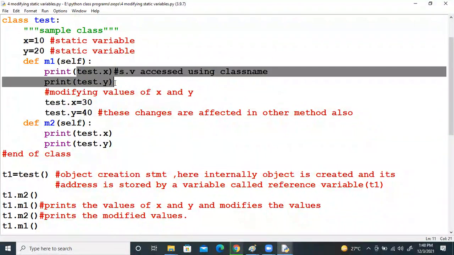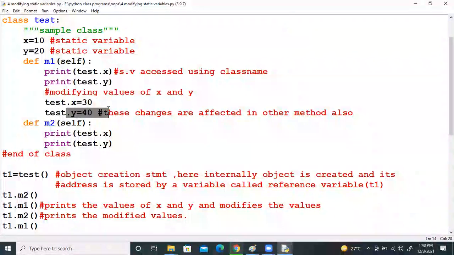After printing 10 20, the X value is modified to 30, Y value modified to 40. But it won't print, it just modifies. So this statement execution finished, right? Now, if I call M2 method,